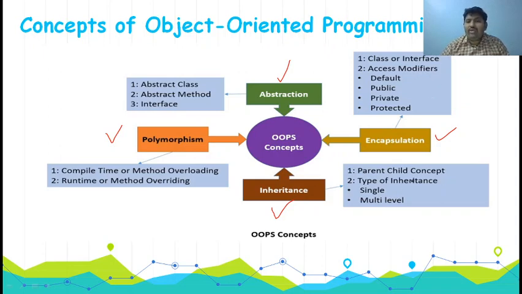And inheritance, we are going to achieve by using single and multi-level inheritance concepts. And polymorphism we are going to achieve by using method overriding and method overloading. By using these two concepts, we can achieve polymorphism. We will discuss this elaborately in the coming classes. In unit 2 and unit 3, we have many concepts about all these topics.